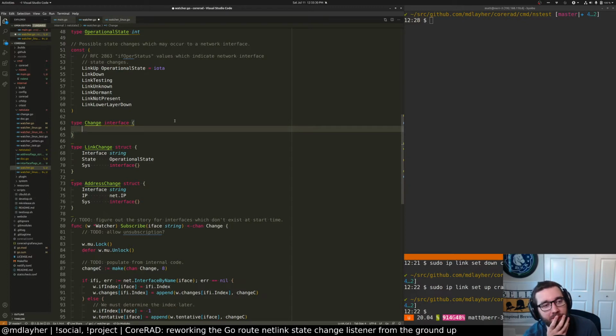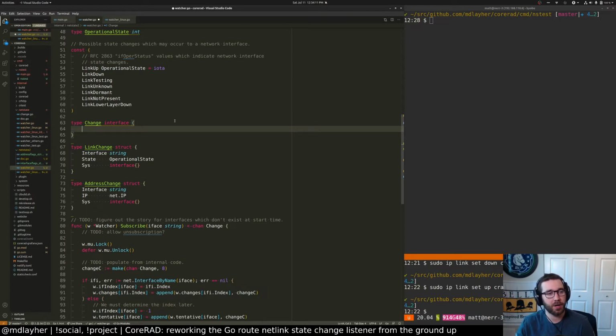Is this how I want to do this? Is this the right idea? We can also have things like the flags abstracted, but actually those are probably OS specific as well. I guess the question is, all we'd be really doing here is pulling the information out of the sys, right? Because the sys would be like the route netlink message or equivalent for other platforms. So the sys interface would contain that data. So all we'd be doing is duplicating it in this top level struct, which is kind of convenient for the caller, or kind of convenient for debugging, but